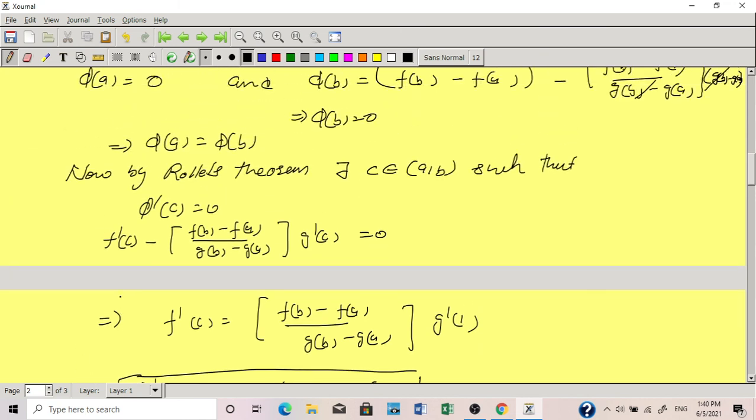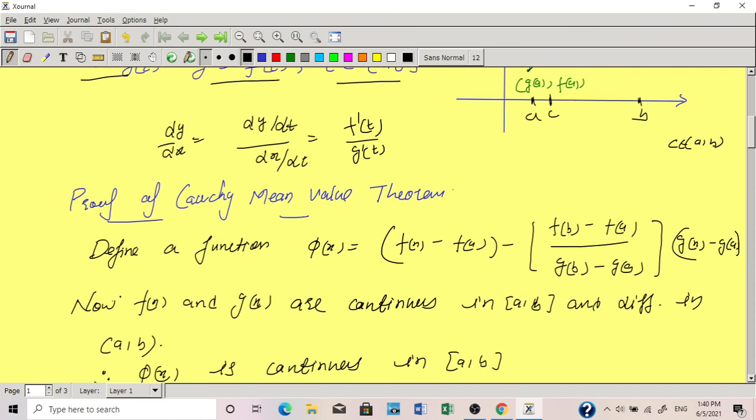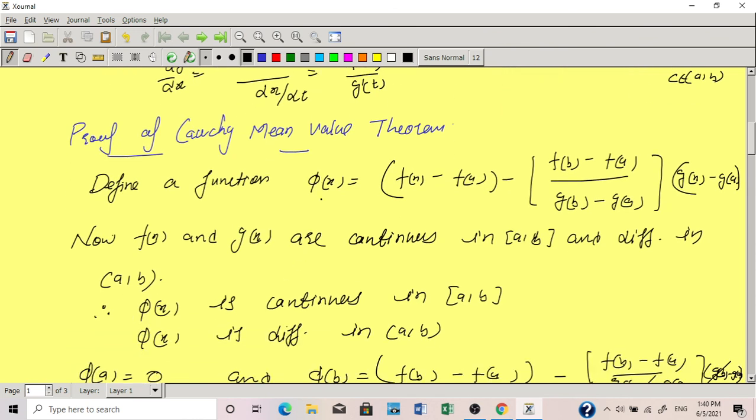One thing I forgot to say is that when we have defined this function phi x is equal to f of x minus f of a, this function is defined if g of b minus g of a is not equal to 0. If g of b does not equal g of a, so g of b g of a के बराबर नहीं होगा, क्योंकि अगर if we take g of b is equal to g of a, then g satisfies all conditions of Rolle's theorem. If g satisfies all conditions of Rolle's theorem, then there exists c such that g dash c is equal to 0, c belongs to open interval AB.